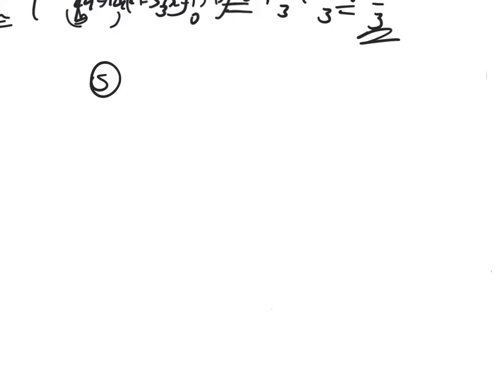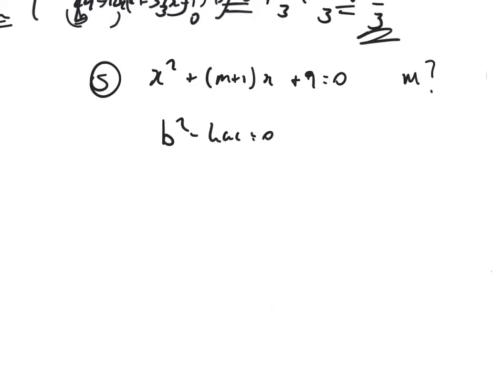Okay, question 5. We've got x squared plus (m plus 1)x plus 9 equals 0. Find m given that the equation has equal roots. Okay, so first of all, let's get a statement down. B squared minus 4ac equals 0 for equal roots. Okay, so that'll probably get a communication mark, an interpretation mark. Okay, let's identify a, b, and c. A is 1, b is m plus 1,